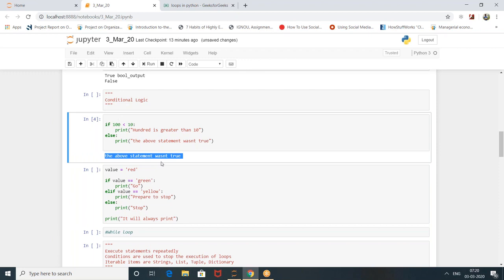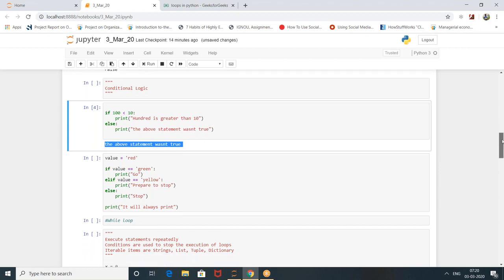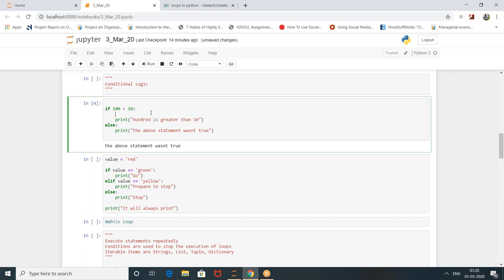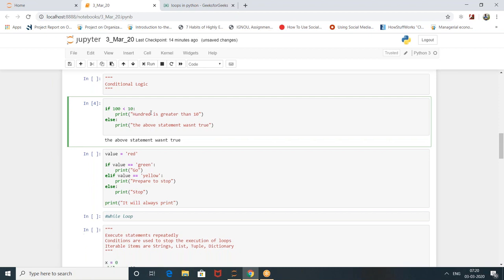So the basic agenda over here is getting used to the syntax of how to write in Python. That's it. So this is how you write it. If condition, some operation, colon. Is colon compulsory? Yes, it should be there. This colon, and then in Python there is no semicolon concept, and everything is driven by a tab or four spaces.